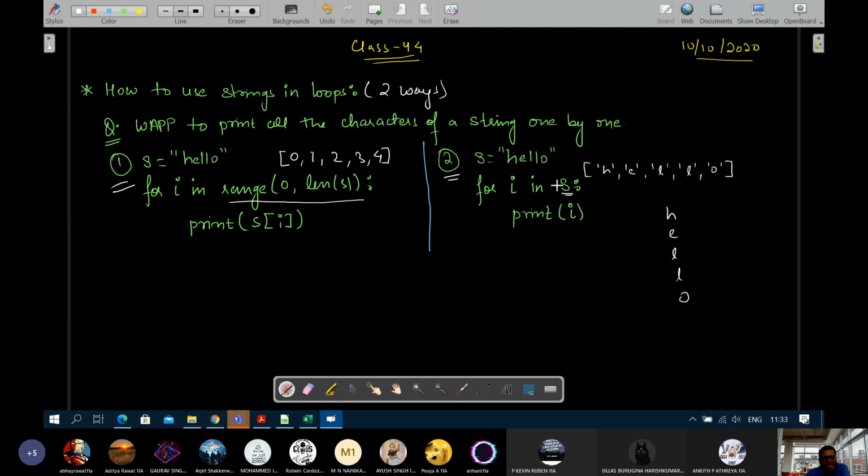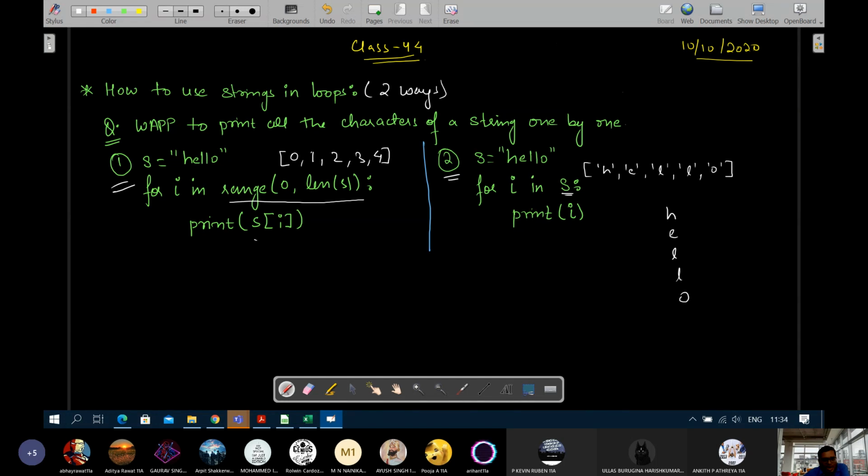Whenever you are using strings and you want to scan or traverse character by character in the string, then either you use the range approach, that is by generating the index positions and then using those index values as indexing, or you use the string itself, where it will generate the list of strings in the loop, and then every time I will get one character itself as a string.